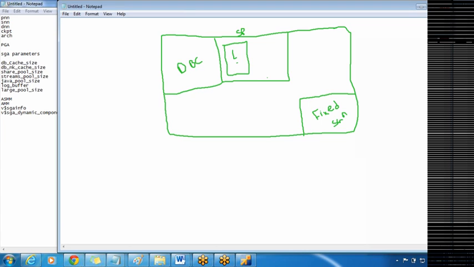library cache and dictionary cache. And then we have a log buffer. The log buffer will actually be in circular form, so I'll make it a circle, and this will be the log buffer. And then some of the optional components we already saw,